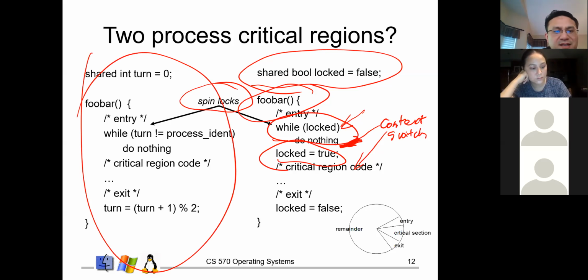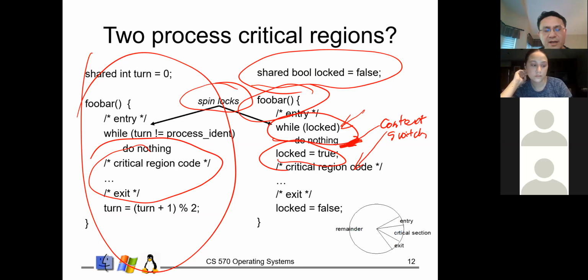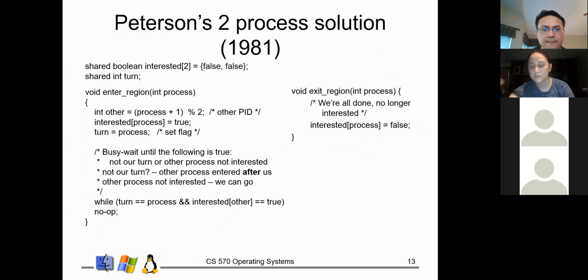But anyway, this left side solution would work for protecting the critical section, but it has this problem as Eric just talked about, the spin lock. So it's busy waiting, and basically it's not a desirable solution. More or less, if you only do this at the software level, you would end up with some kind of busy waiting